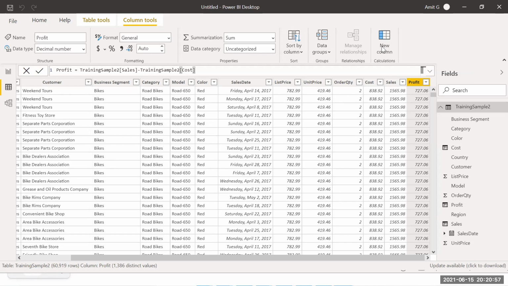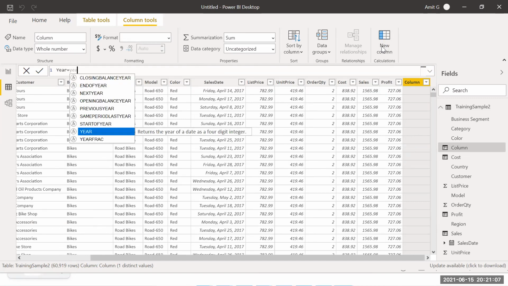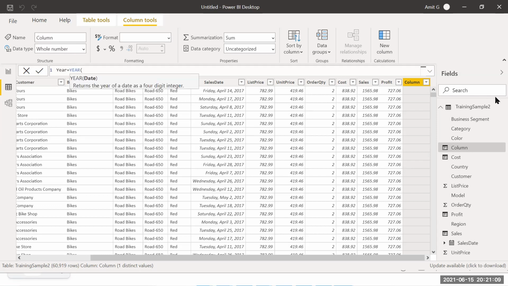Now, you also have some interesting date columns that you can generate on the basis of the date fields. Suppose you want to extract the year. How will you extract the year? We have the date functions like year. So you can extract the year from sales date. If you all remember, on the sales date, there is a hierarchy that is automatically generated by Power BI, like year, quarter, month, and day. You are able to extract it.